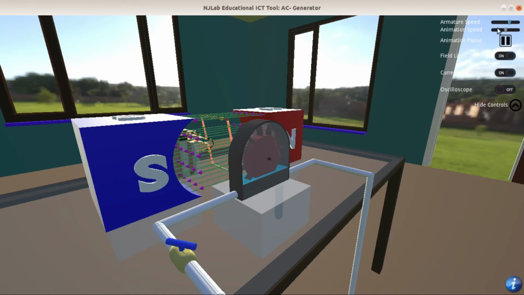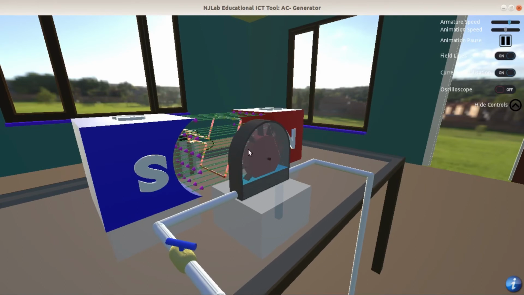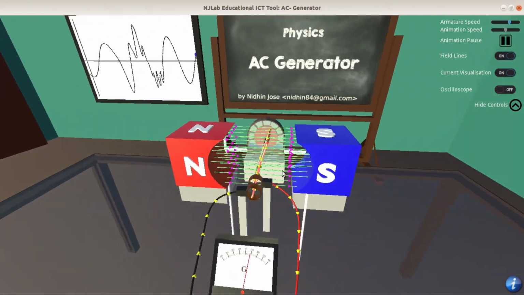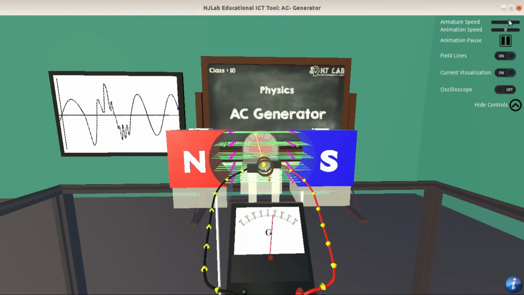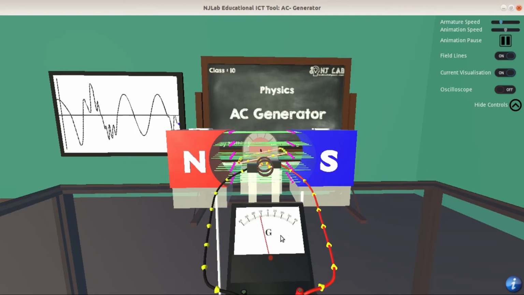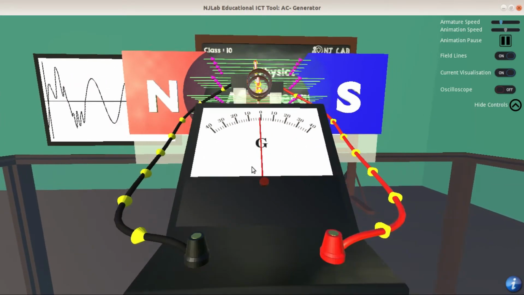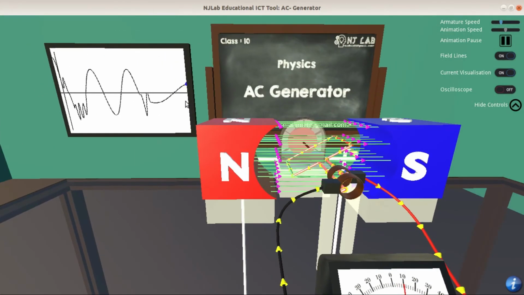It will change the speed of the water wheel and the armature. Here you can see that while changing the armature speed, the EMF produced is also changed. That will reflect in the galvanometer as well as the graph.